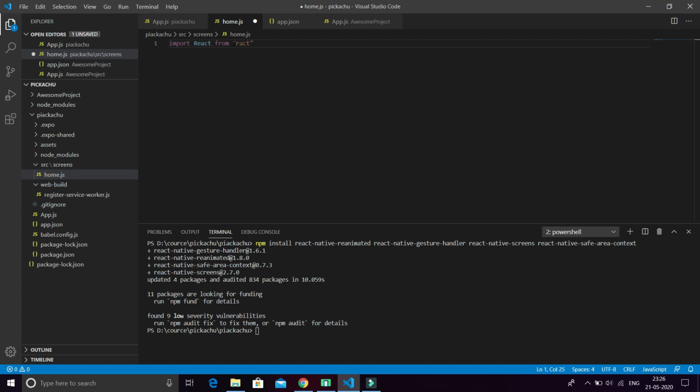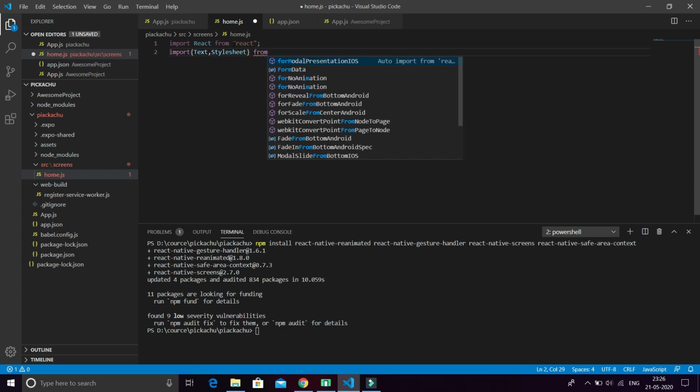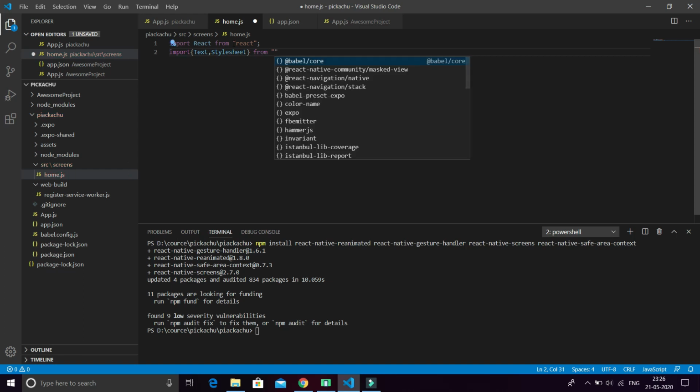Okay friends, then import Text and StyleSheet, which we use in this, from React Native.